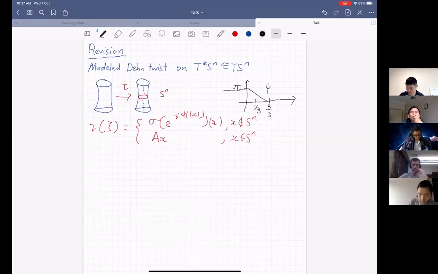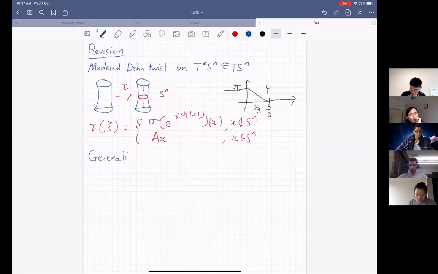Okay, so it's not like the symmetric cutoff function. Brian, this is what you talked about last time, right? Yes, okay, the easy one. Okay, and then after we have this model Dehn twist, we want to generalize it to a